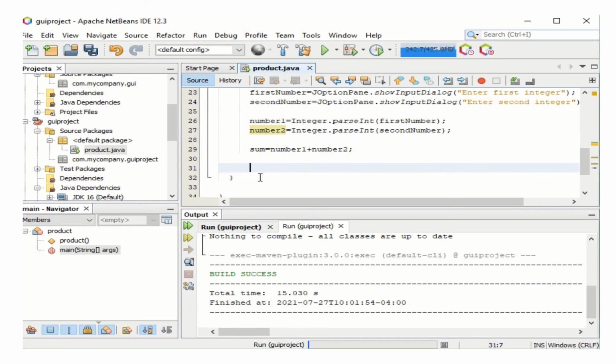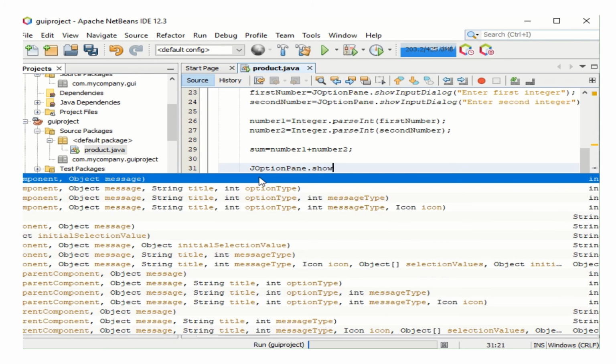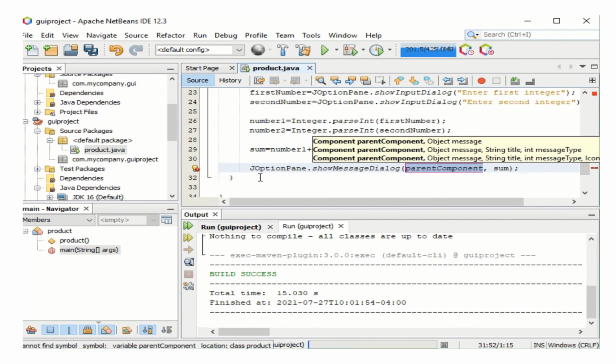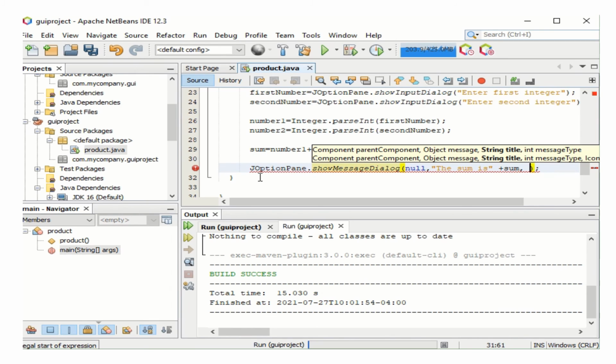And we want to show the results. So JOptionPane.showMessageDialog, null, the sum is plus sum, results